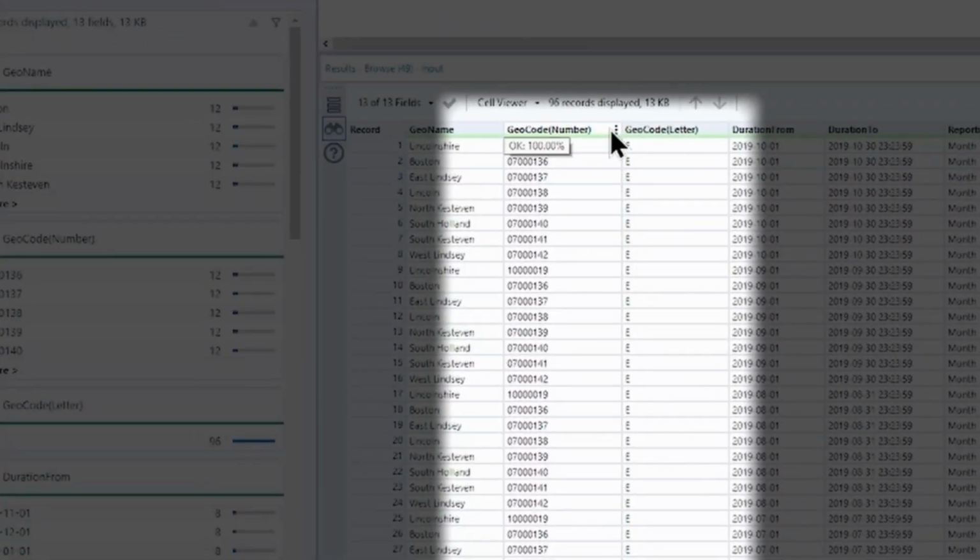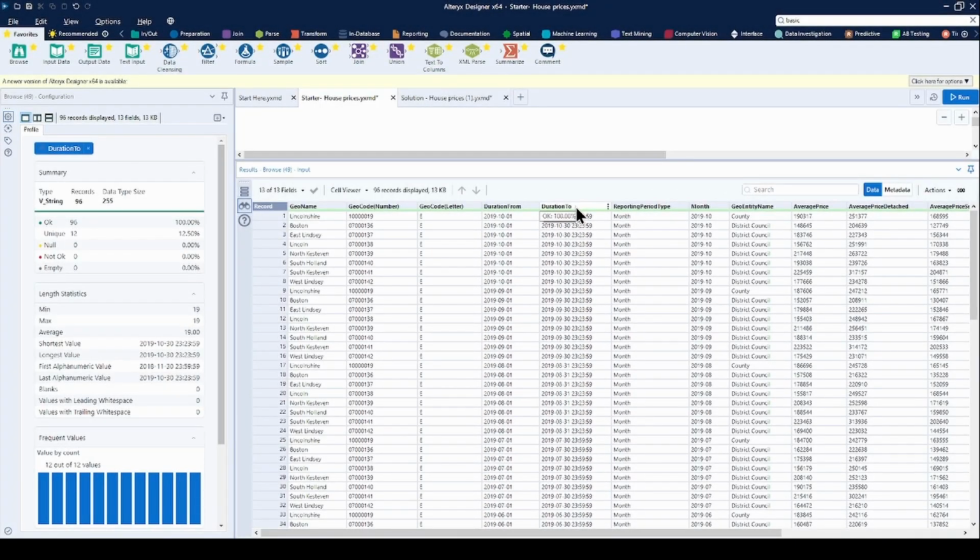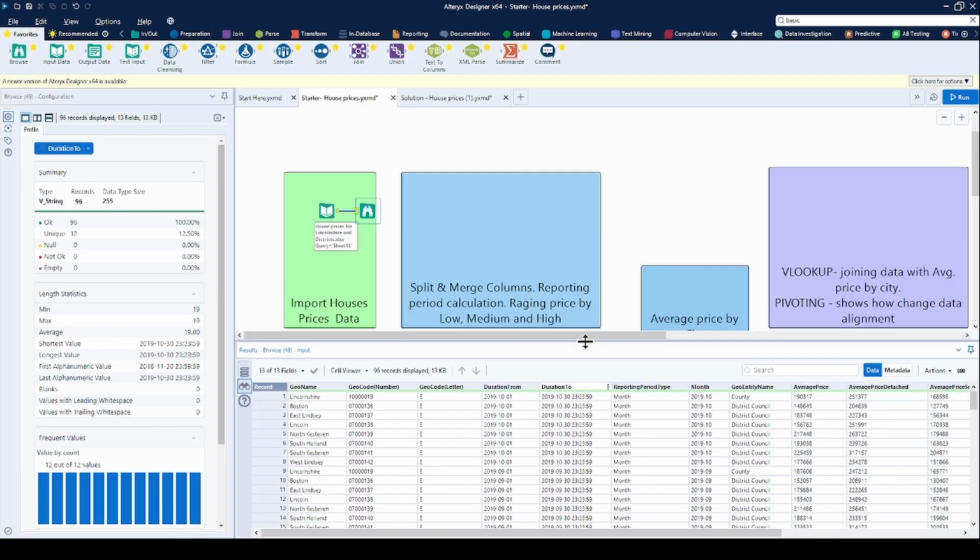For example, geocode number and geocode letter. The information about the geocode appears to be split into separate columns for letters and numbers. And duration from and duration to, the duration column might have inconsistent format, making it challenging to perform accurate calculations. To fix it, I will start with format standardization for the duration columns to make them both date